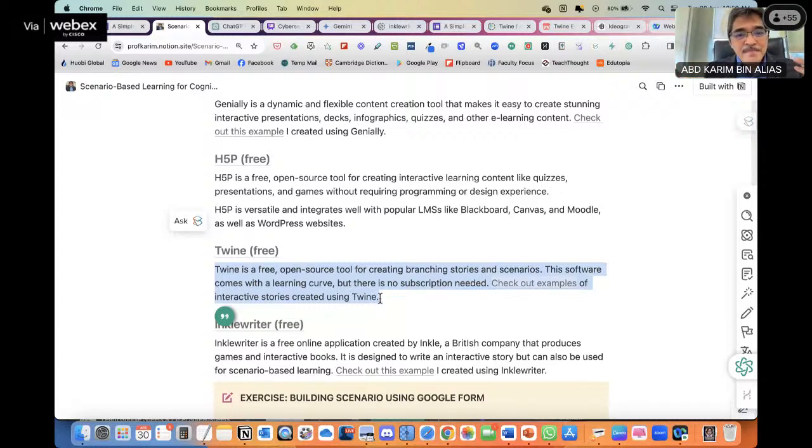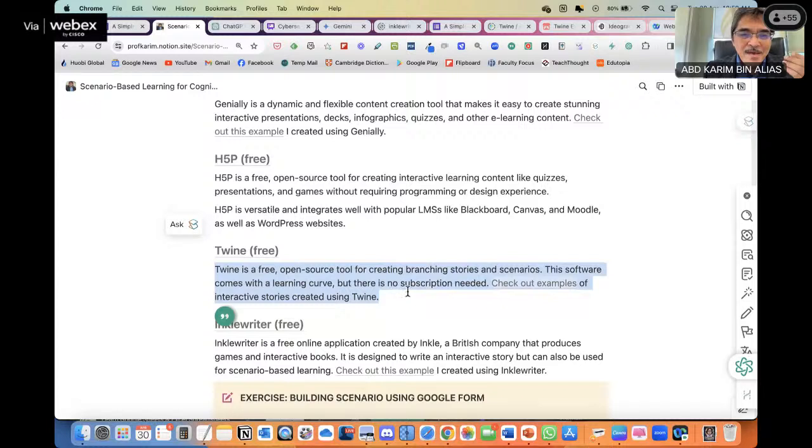You can create text-based scenario-based learning using Twine, but if you want to add pictures and other multimedia elements, you need to learn a little bit of the syntax. For computer science people like Dr. Sodi and so on, maybe you want to explore further using Twine.